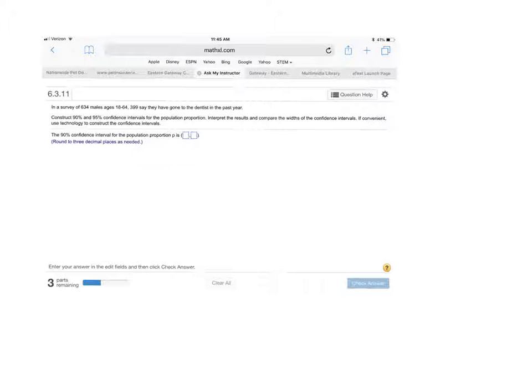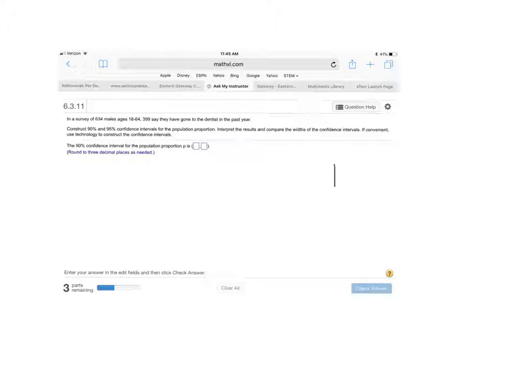So now we're moving on to lesson 6.3, where we're continuing on with our construction of confidence intervals, but now we're constructing confidence intervals to estimate population proportions instead of population means. And proportions are always going to involve using the normal curve, the z distribution. And the basic format of a confidence interval for a proportion is we take our sample estimate or our sample statistic, which is our sample proportion,